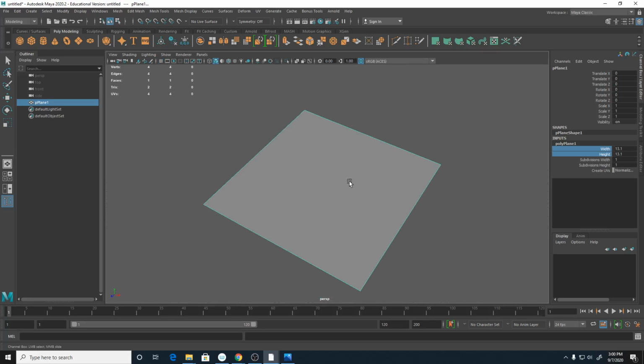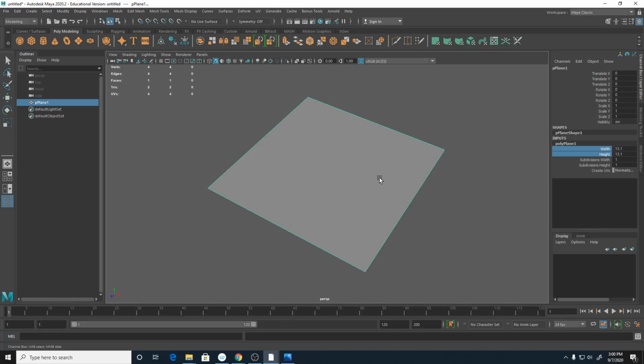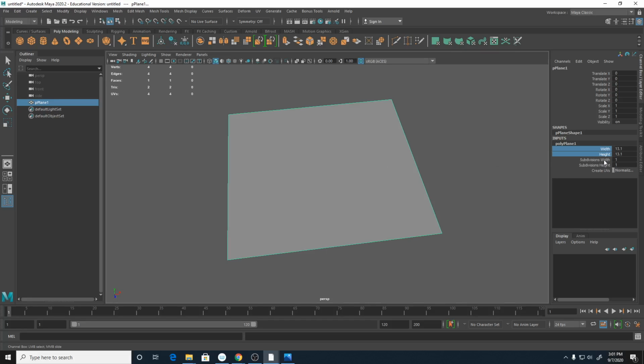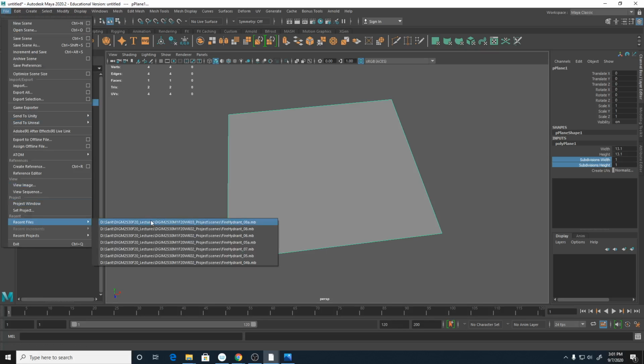MultiCut allows you to cut faces, either the whole loop or a portion of the loop. Why do we need to cut first? We want more segments in order to mold it into a more complex surface geometry. Right now, with subdivision height, I would start from here just to get started. But when you build, for example, with this file,